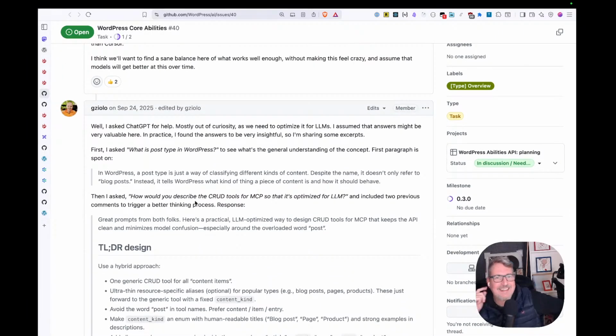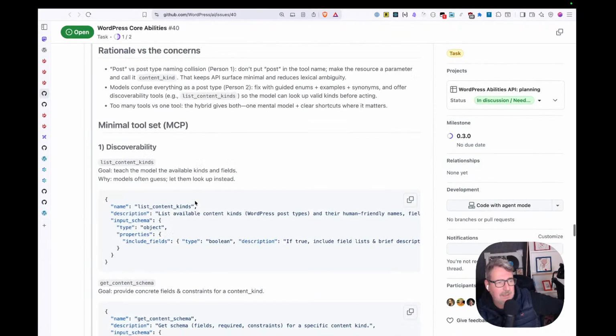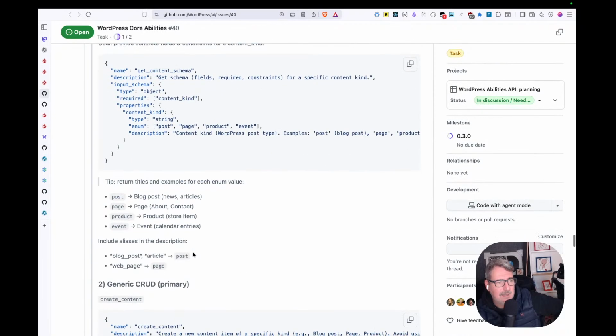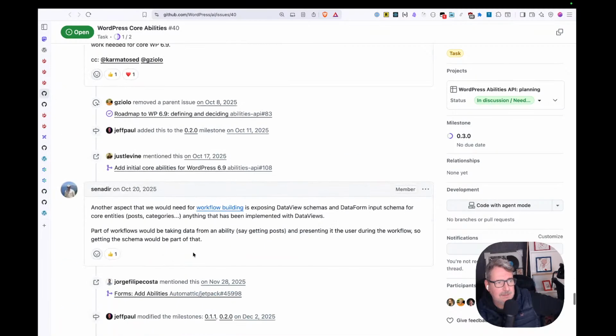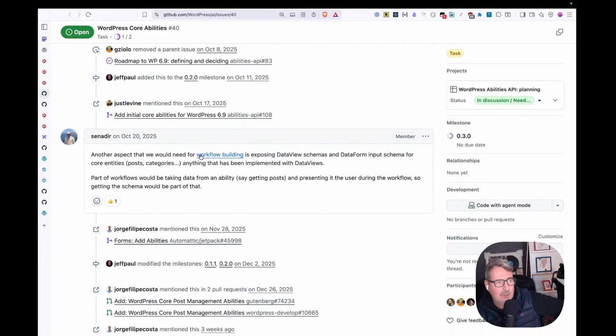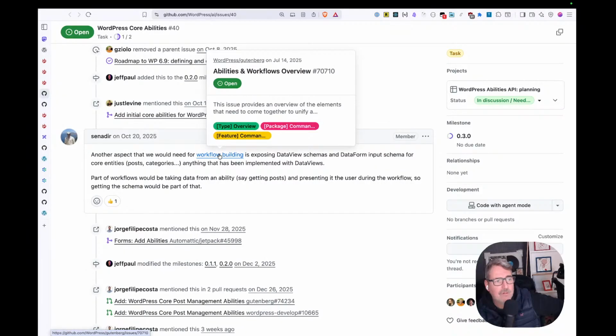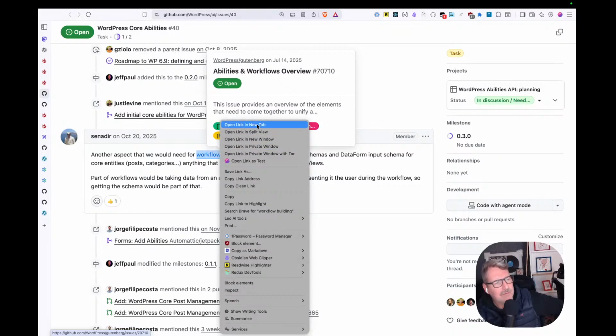Okay, so we are all using LLMs. So it says, well, I asked ChatGPT for help, mostly we need to optimize it for LLMs. How would you describe the CRUD tools for MCP so that it's optimized for LLM? Okay, this is like some reference guides. Workflow building. And is workflows